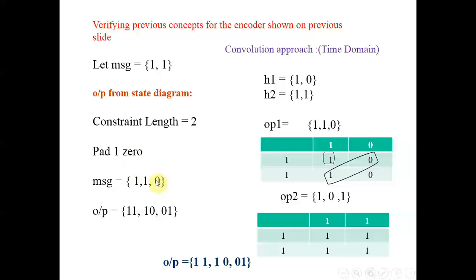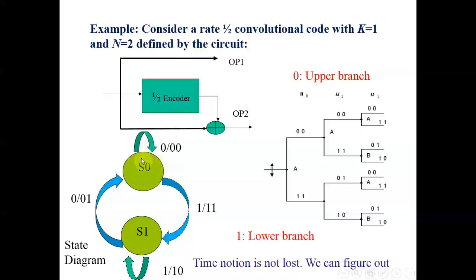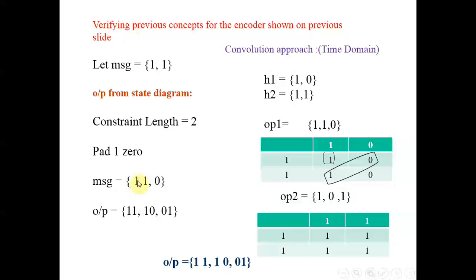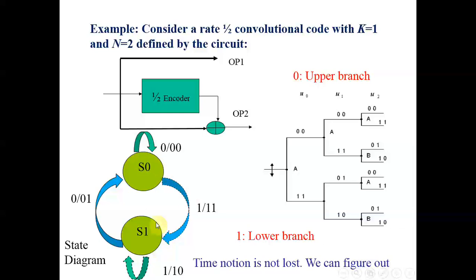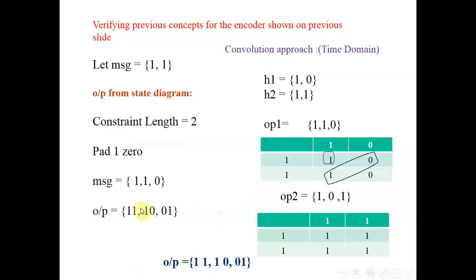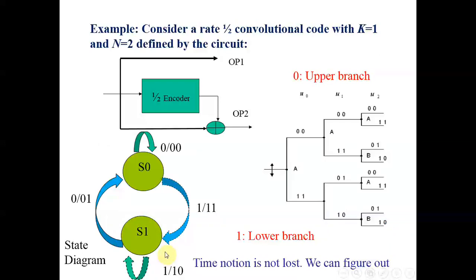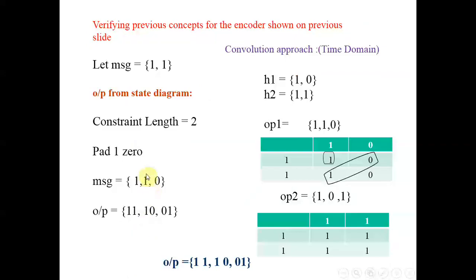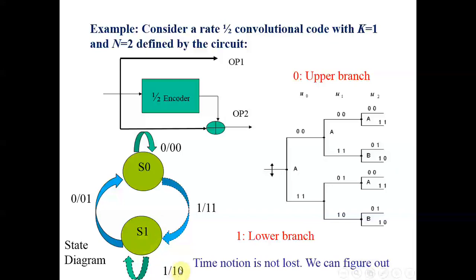Now let's come to the state diagram. So I am going to analyze the state diagram for 1 1 0. So now you are in this state. What is the first bit you receive? 1. Once I receive 1, I go to state S1, and what is my output? 1 1. So my first output here is 1 1. But now you are in this state because you have received 1. So your state had a transition. Now whenever I am in S1, I am receiving the next bit 1. So once I receive 1, I remain in the same state, right? I remain in the same state.